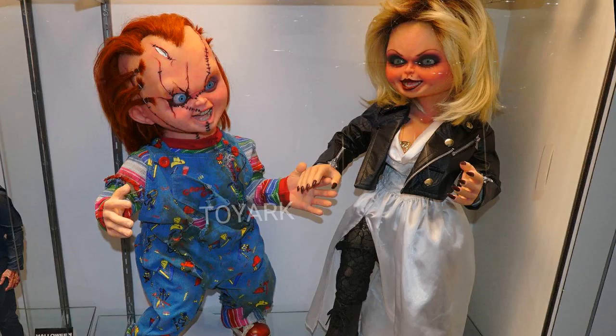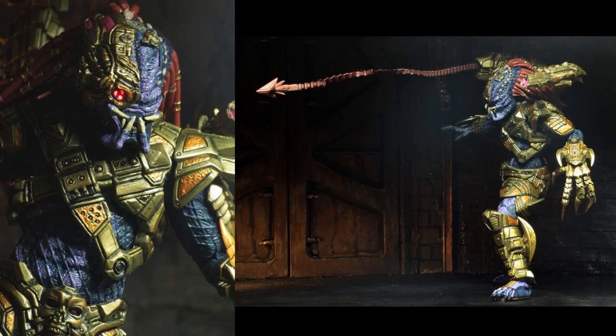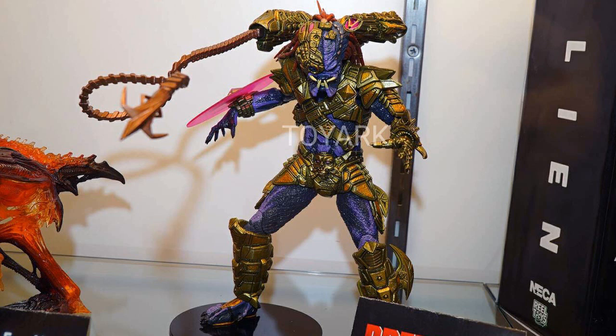I was surprised to see NECA bringing in life-size replicas of Chucky and Tiffany from Bride of Chucky, but at the moment the only thing I care about is the Lasershot Predator. This guy will come with LED lights along with new accessories that no previous Predator had. Lasershot comes out in September, around $30 depending on the website or at your local Target in the NECA section